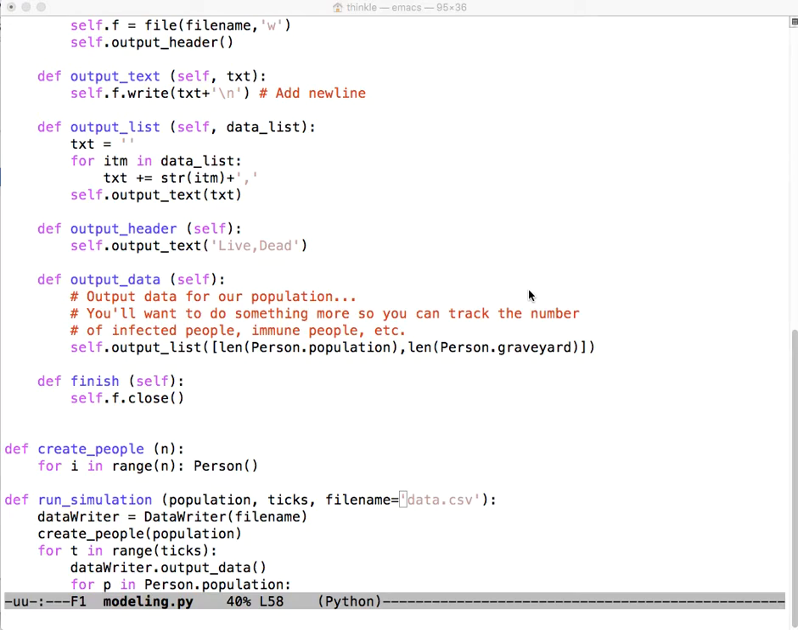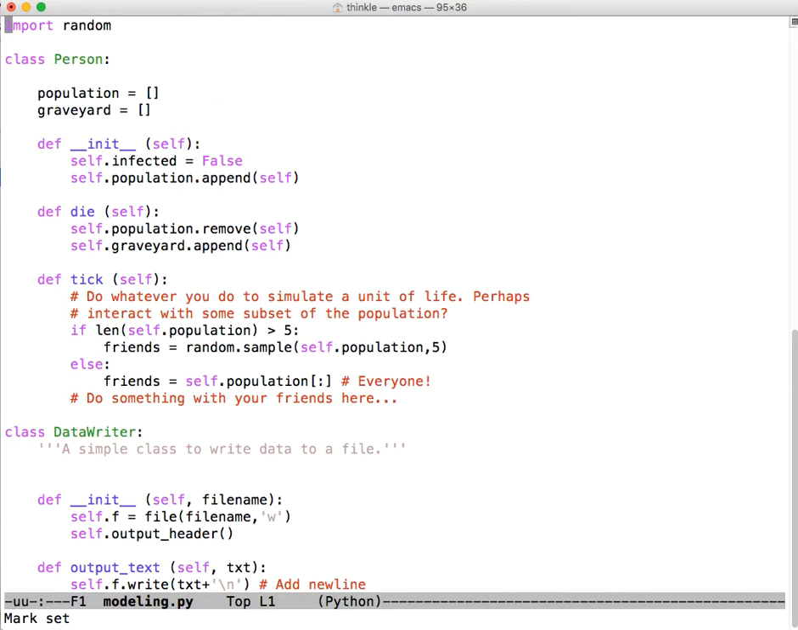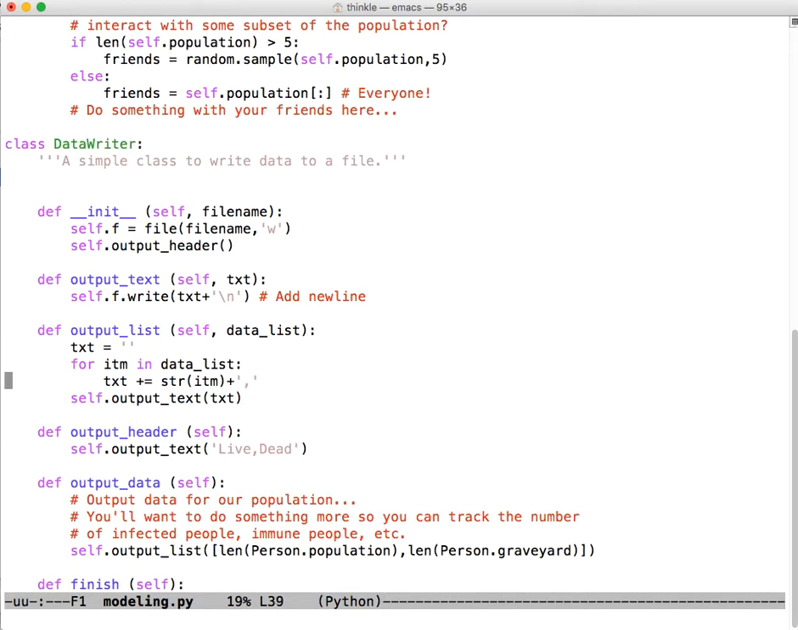Okay, here's a quick walkthrough of setting up a very simple simulation. So this is my sample modeling code. It has two classes, a person class, which takes a person, assumes they're not infected, adds them to a population, can kill them at some point, and can pass it on at some point. And then it has a data writer where we output